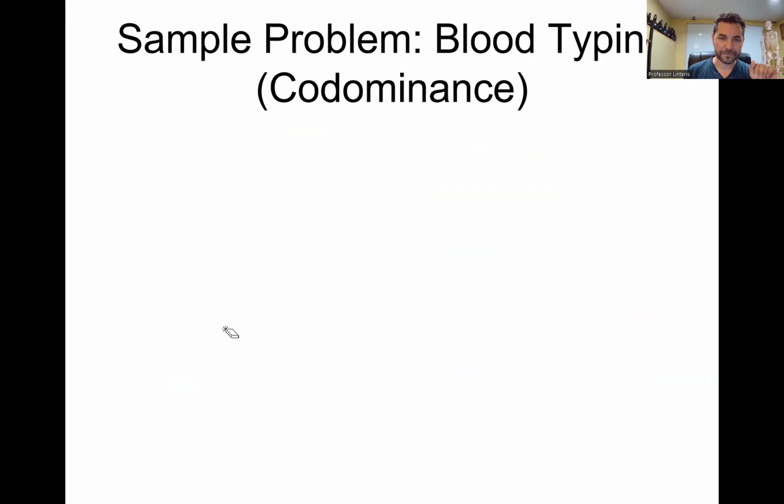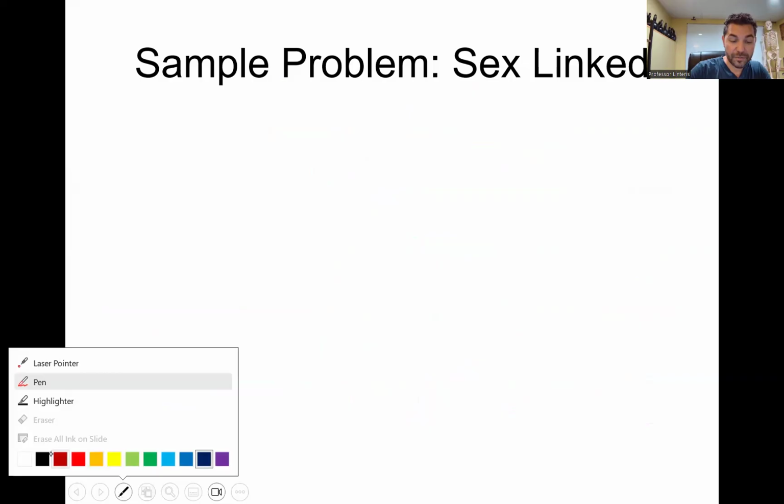That's the first type of Punnett square. The next type of Punnett square is an X-linked. So the difference here, what do I do first? I draw my mom and my dad. The difference with the sex-linked, specifically, this is an X-linked problem,